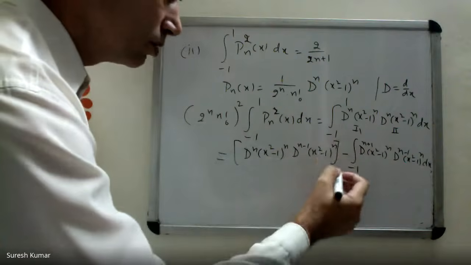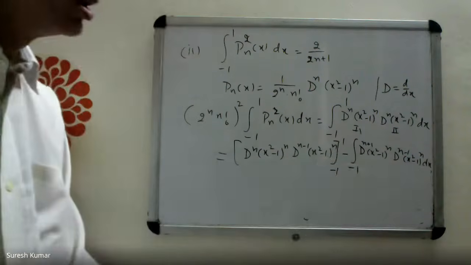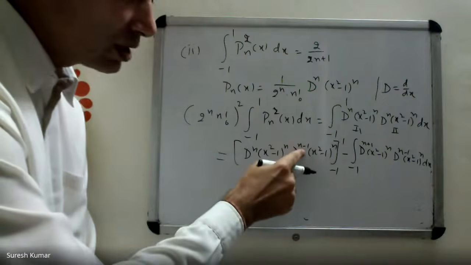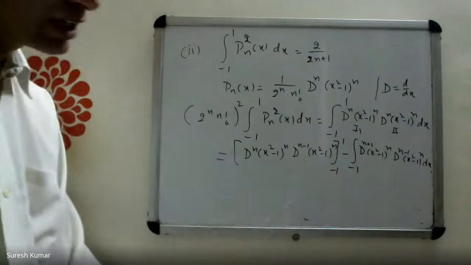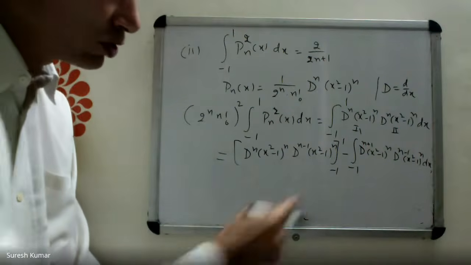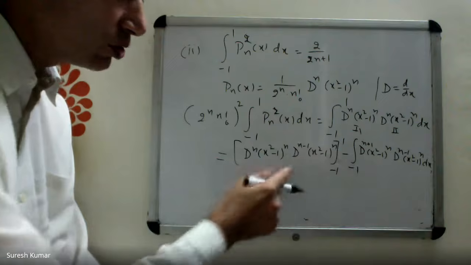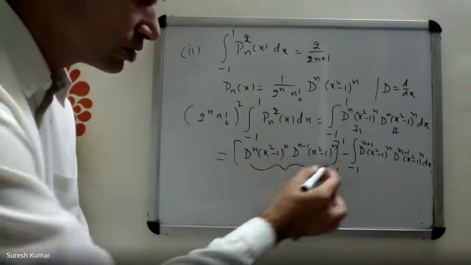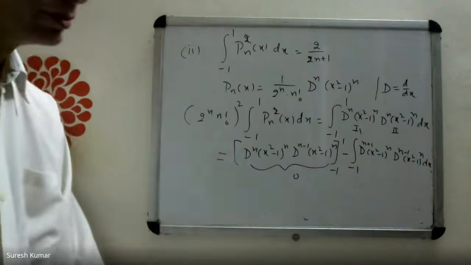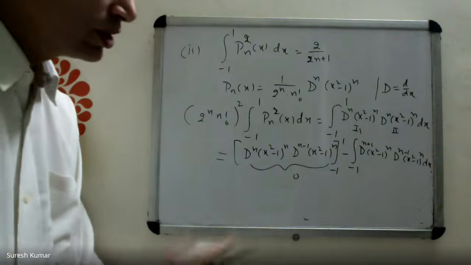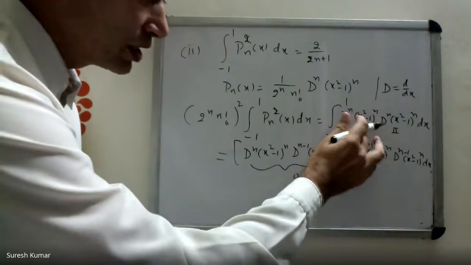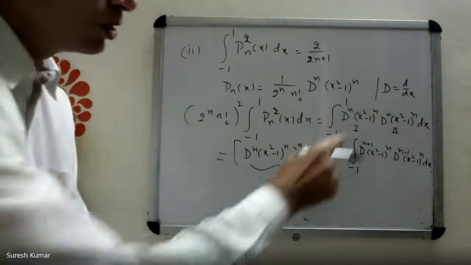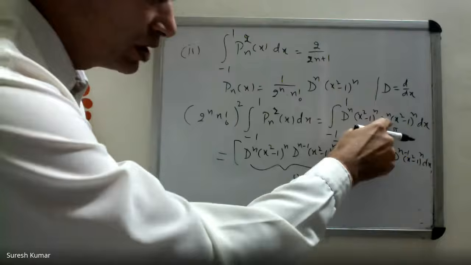This you have to solve over the interval minus 1 to 1. But you can understand this is n minus 1 a derivative of this term. So at least one factor x square minus 1 survives. And because of that, minus 1 to 1, you get 0 only from this. So what is the net effect of doing the integration one time, assuming first function and second function? One derivative is increased and one derivative is decreased.